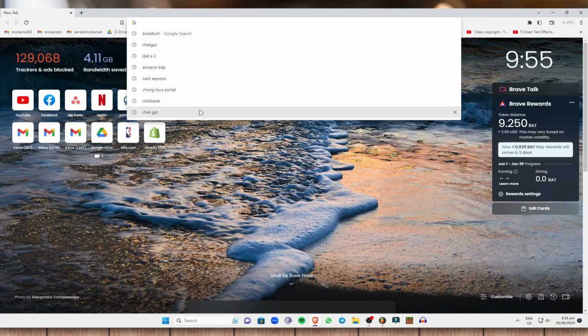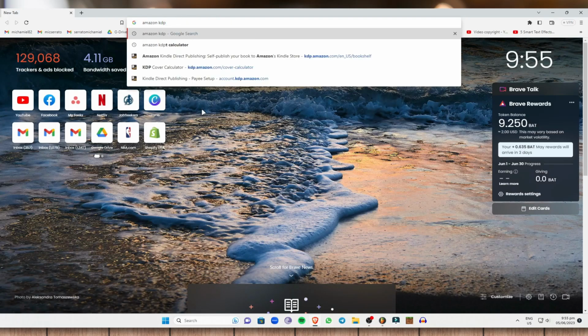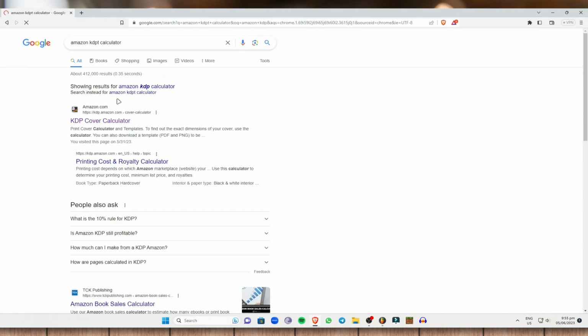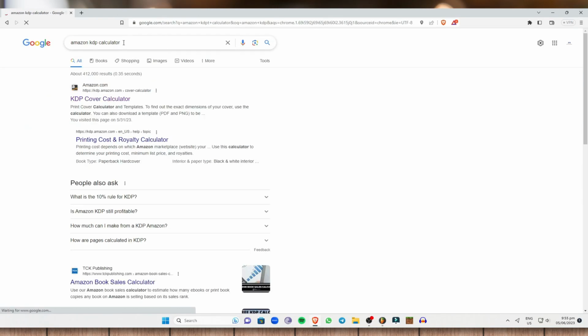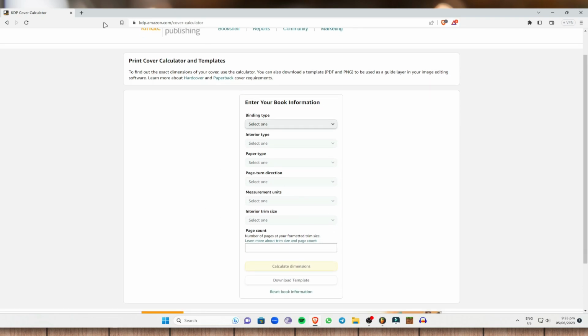Now what I want you to do is to go to the Amazon KDP calculator right about here. Once you have searched for that, just click on the first result that shows. As you can see right here, this is where we will be entering our book information like the binding type, the interior type, the paper type, the page direction, some measurement units, some interior trim size, and so on and so forth. So for now, let's just search